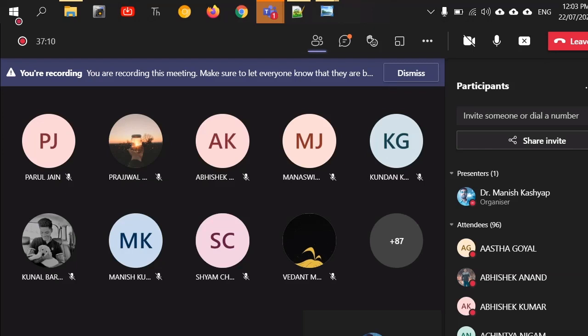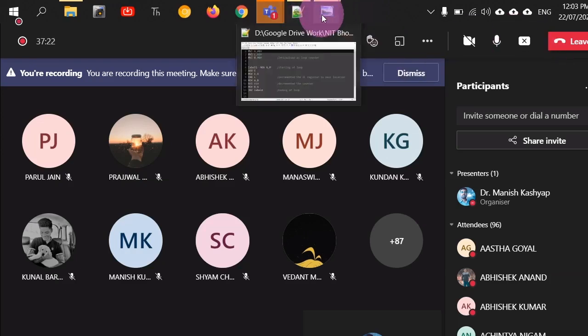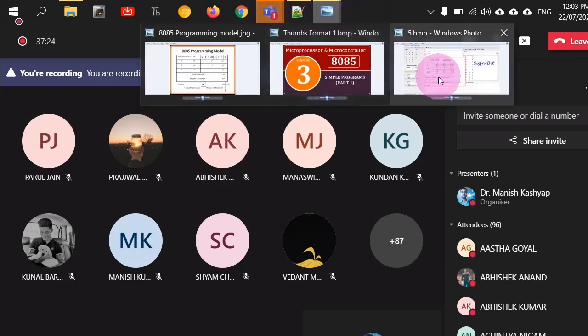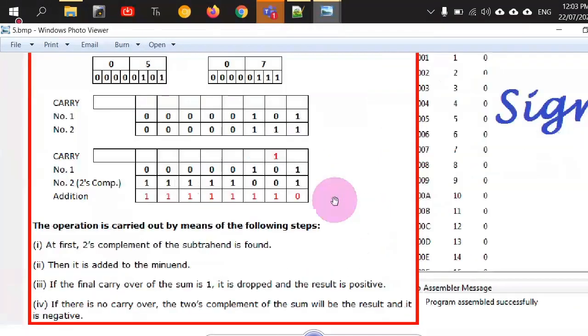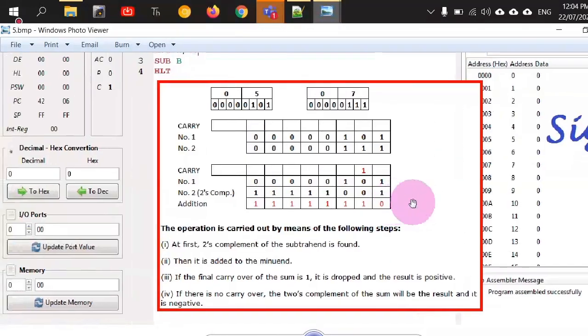So apart from these three methods, there are many methods in binary logic to represent a negative number in the form of registers. But our concern here is the two's complement method only. And since you have already named it, I guess you are aware of it, so it will be easy for me to explain this example to you, right?